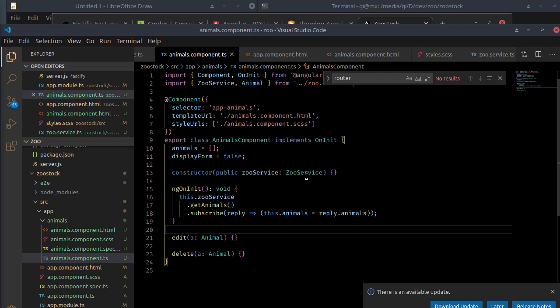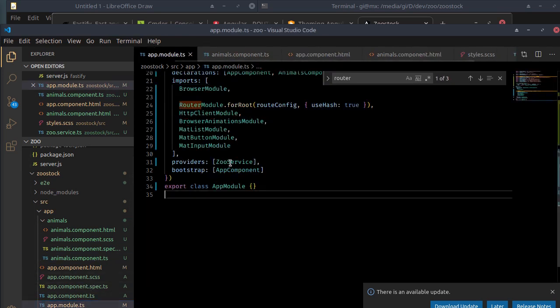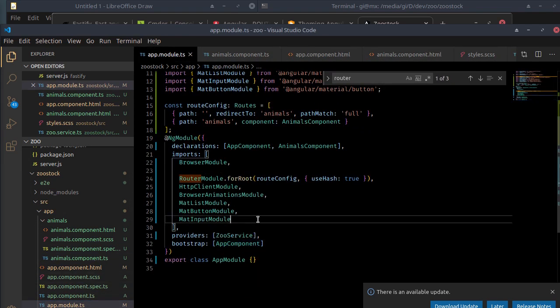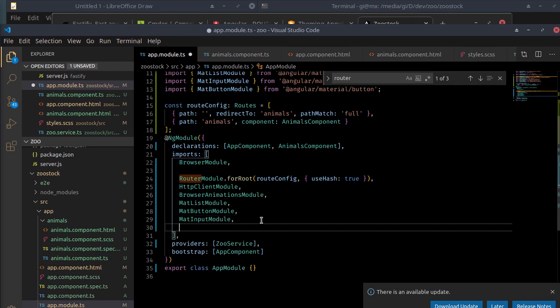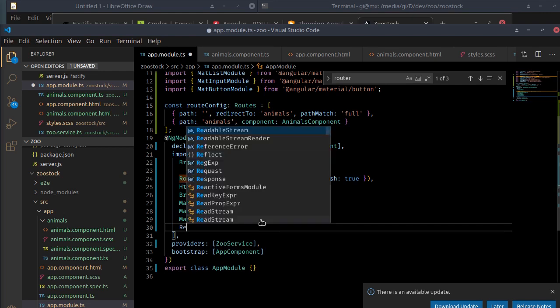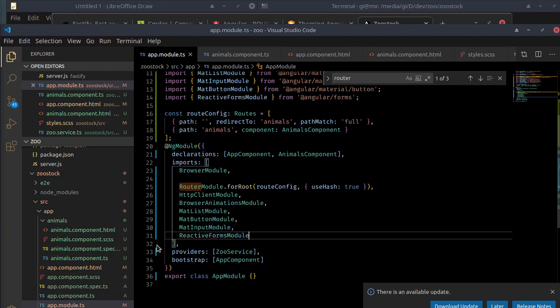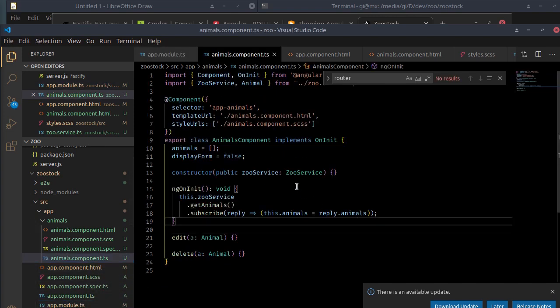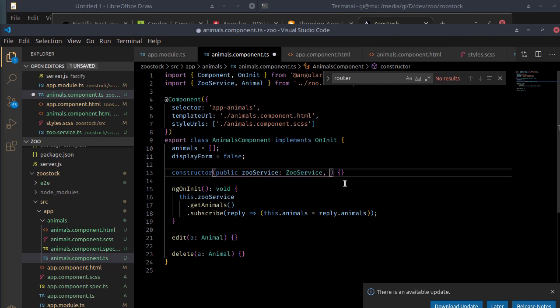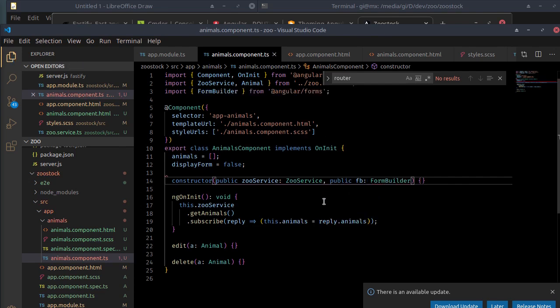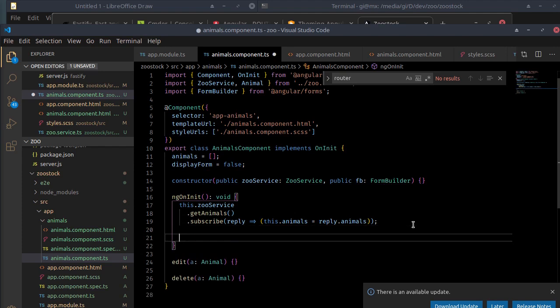form. So let's get into forms now. We're going to use reactive forms, and for that I need to import reactive forms module, and in our component I'll create form builder, and we'll create a form